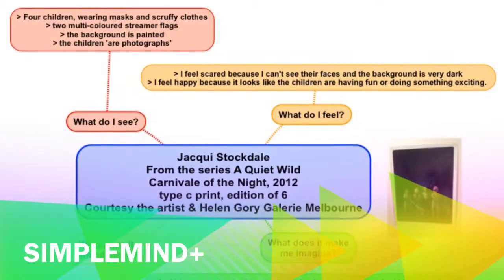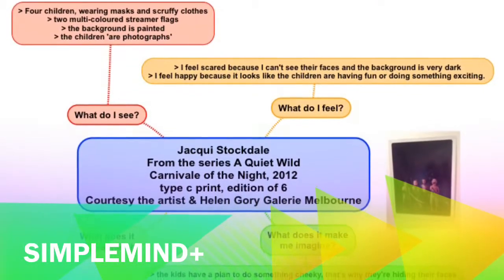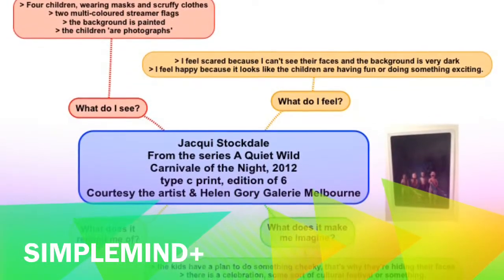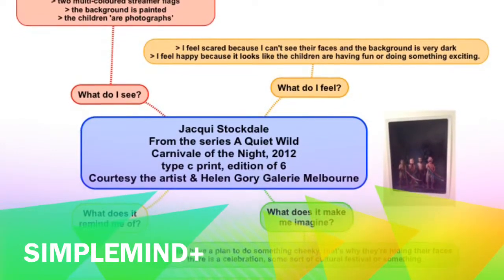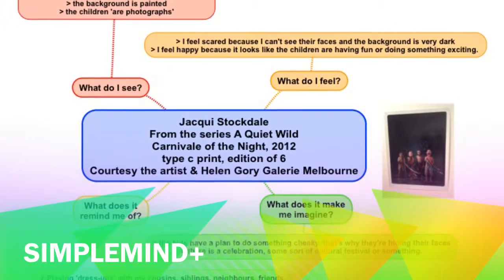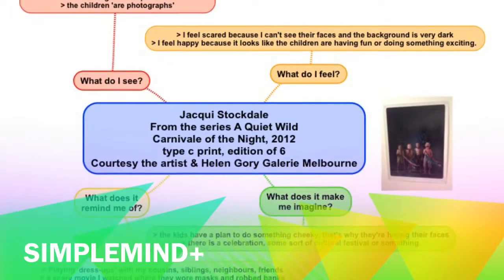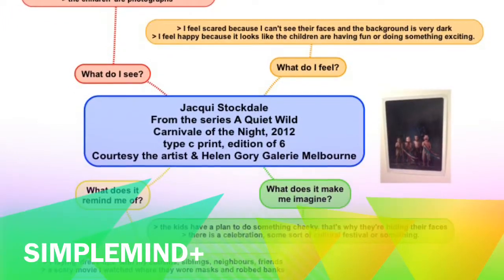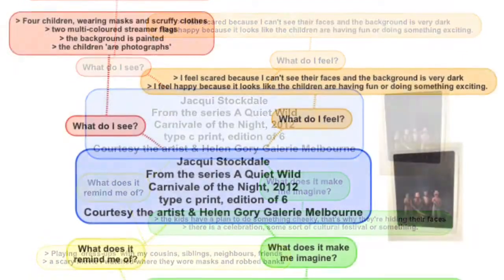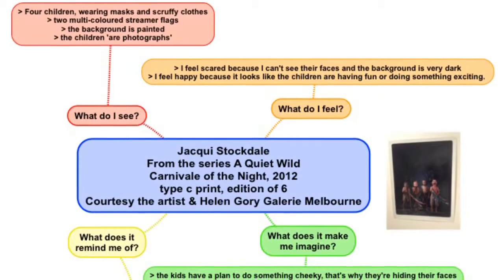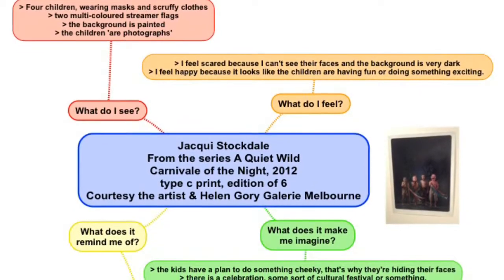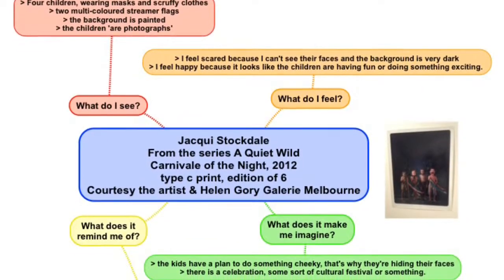Next, I'd like to talk about an app called Simple Mind Plus. Mind maps can be used in any KLA for a range of purposes. I chose to focus on a subjective description of an artwork. This activity could be done with any stage. My activity is aimed at stage 2 because I think it's most appropriate for their ability level. The outcome that I would be targeting is VAS 2.3, acknowledges that artists make artworks for different reasons and that